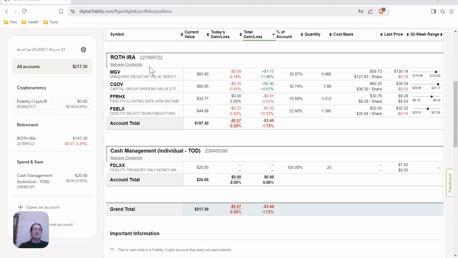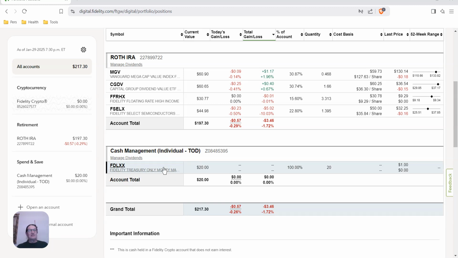There is a problem with that: it's taxable, and we're trying to minimize that as much as possible, of course within the legal parameters of the law allowed. So there is a way around it, and that is by opening up a cash management account at Fidelity and then adding the money market